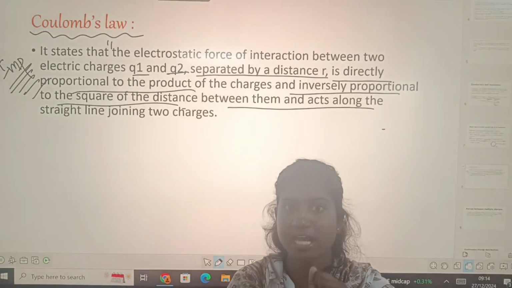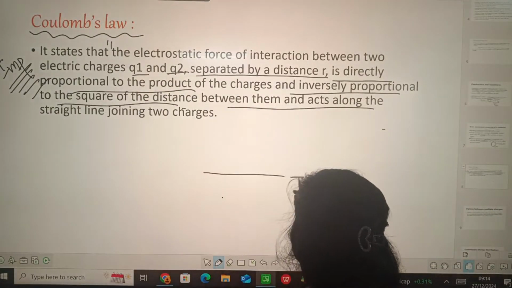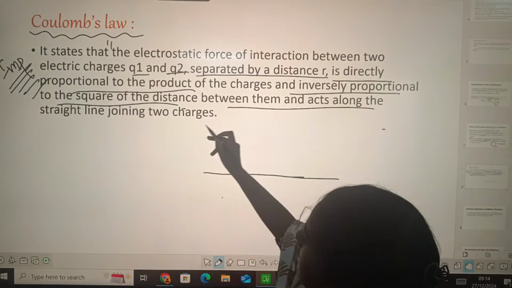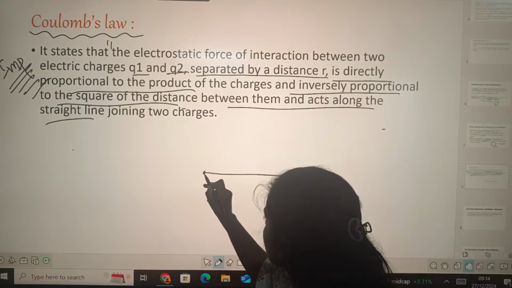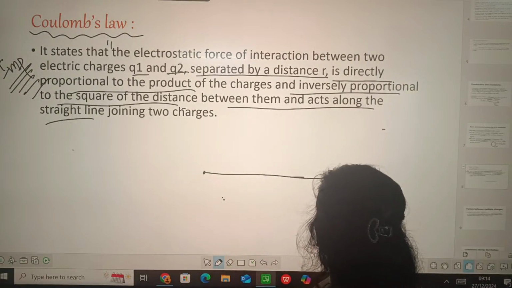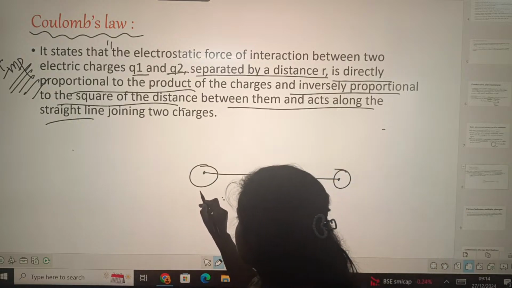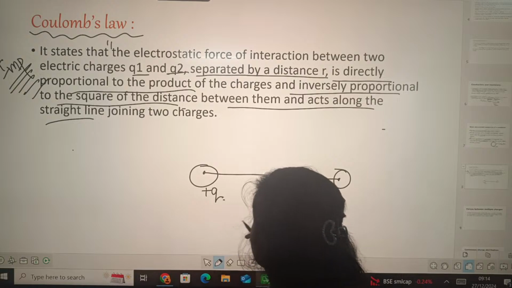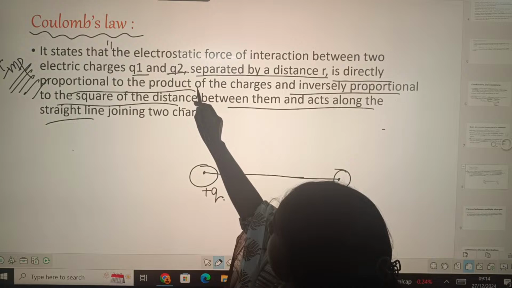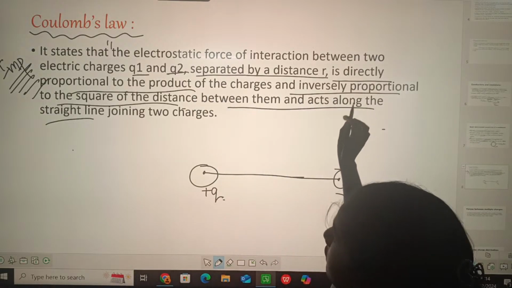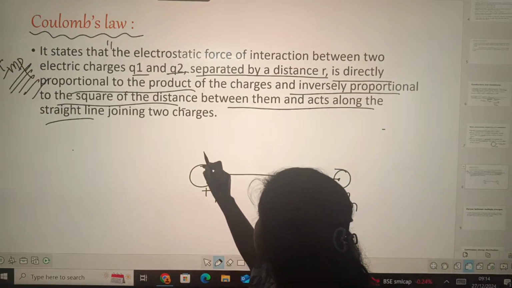The electric force of interaction between the two charges Q1 and Q2 is in a straight line. Okay, they have said in a straight line. Let us consider this is one charge and this is another charge. Let us take it as plus Q charge and let us take it as minus Q charge. The electrostatic force of interaction between the two electric charges Q1 and Q2 separated by a distance